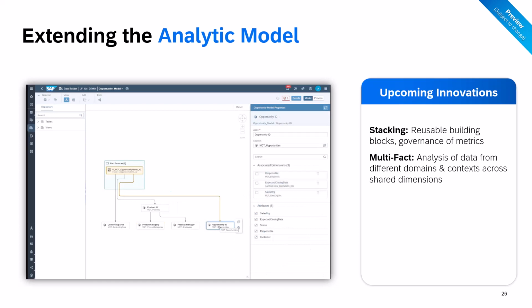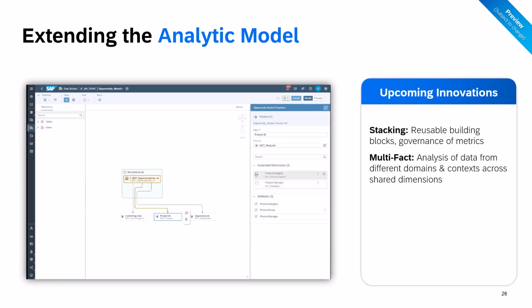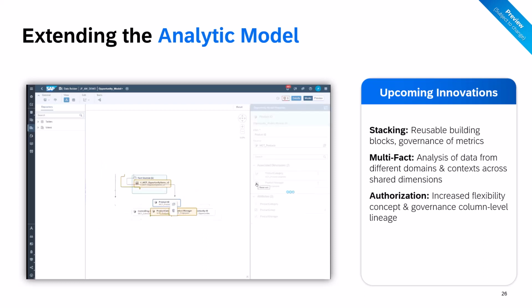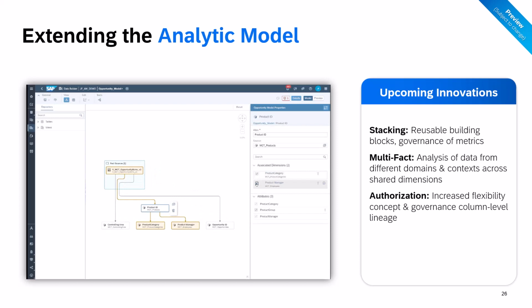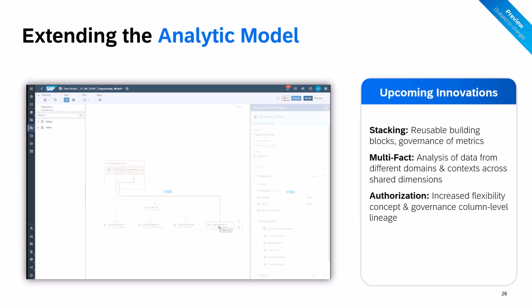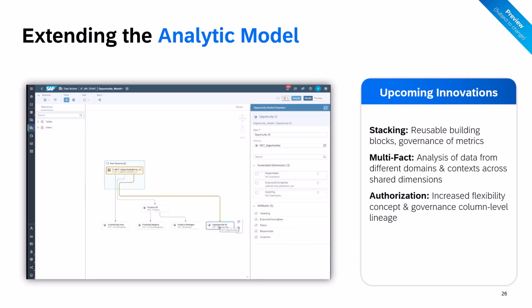Stacking, hopefully, we can make available already this year in 2023. So multi-fact is another important building block, and another one is in the area of authorization, to provide increased flexibility and governance, column level lineage, these things I also mentioned in the context of the catalog.